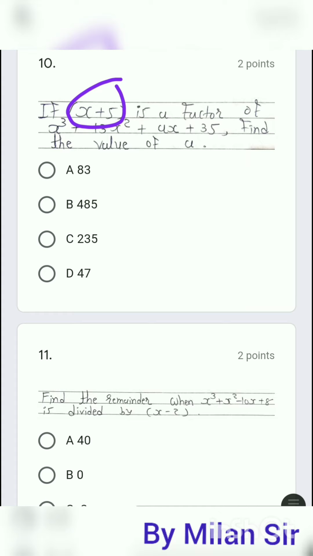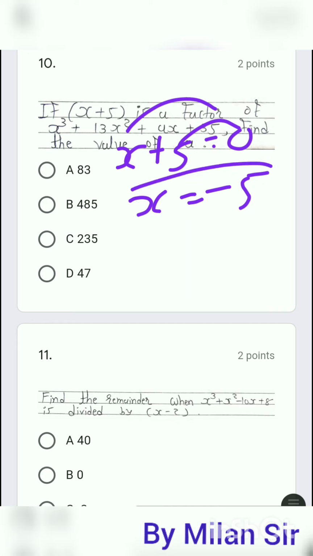That means for every number, if we divide a number by its factor, we always get the remainder 0, because the original number is always divisible by its factor. So we can use the remainder theorem here and take the remainder equal to 0. So what we need to do, our factor x plus 5 is equal to 0. Now to find the value of x, we transfer this 5 to the right hand side, so x is equal to minus 5.